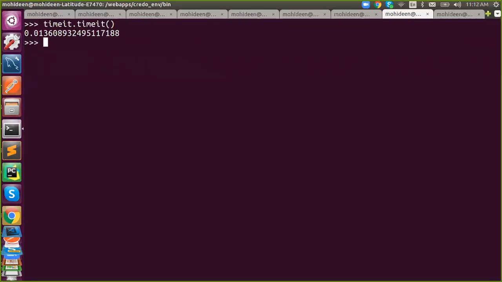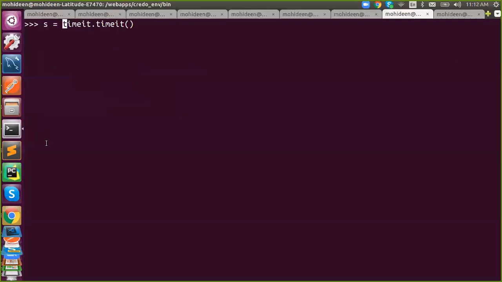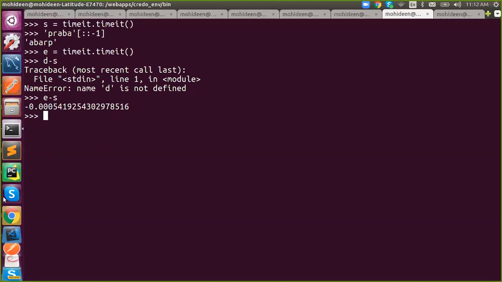We need to assign it to s, and at the end e minus s, you will get the difference, I mean how much time it took for execution.